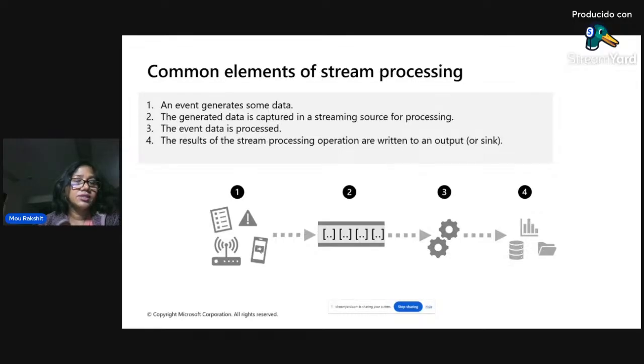From there, as changes are happening to the databases, which is insert, update, delete, you can get those as change data capture and bring it to your platform as streaming processing. And your goal is to get the data from operational to analytics for analytical purposes, because operational databases normally won't let you connect to them directly to do analytics. Okay, so these are all different cases of stream processing.